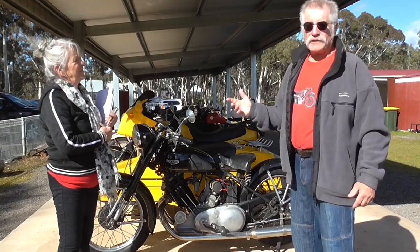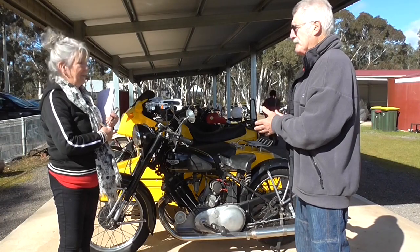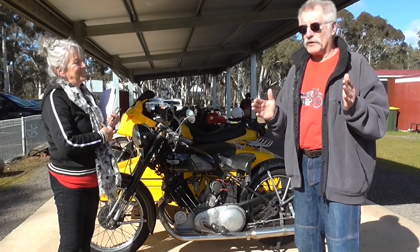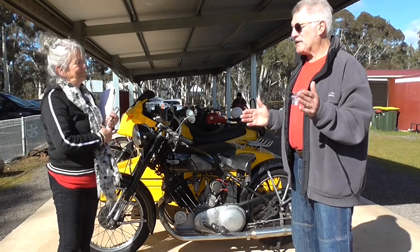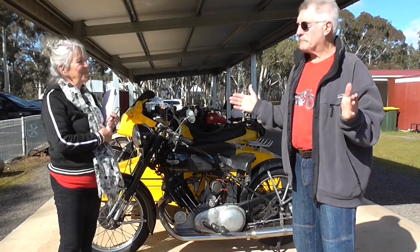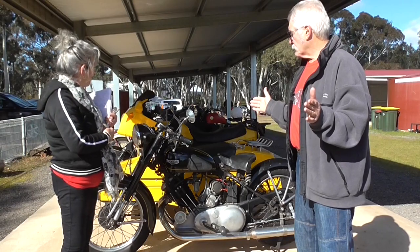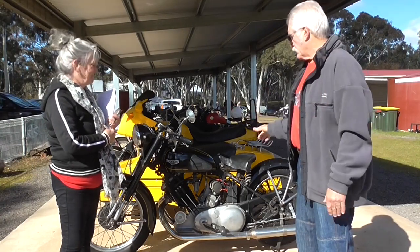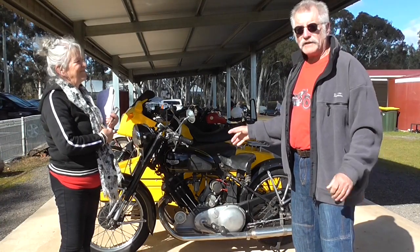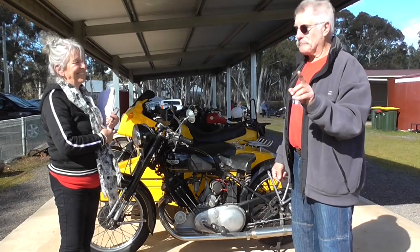In 1923, they brought out this new sports model, although for 1923 it's actually very dated, and for some reason they called it a Panther. So that was the first actual Panther, and I've got one. You've got one? And I think there's only about 6 of that actual model that exist anywhere on the planet. So it's a very rare bike. Very rare. It's all restored, very original. I'm nearly finished restoring a 1932 500. I've got this, and I've got a 1951 350, which, if I may say, it and I appeared on the